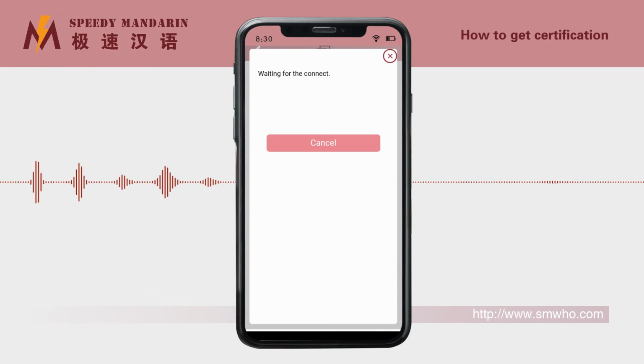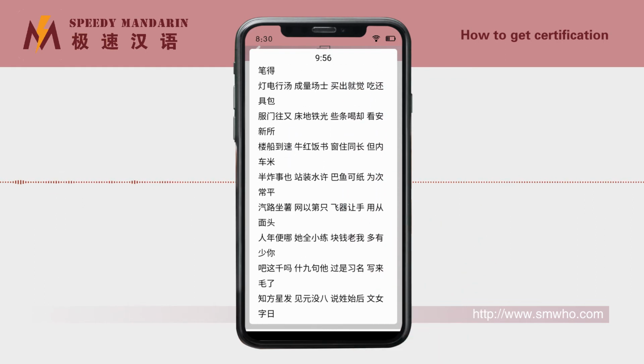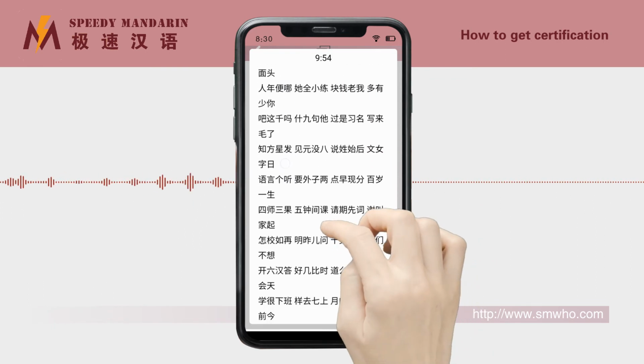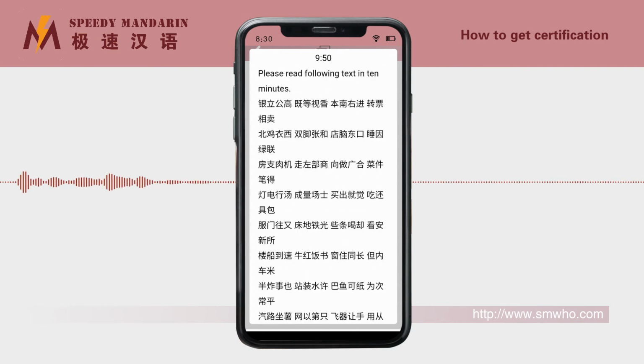The certification is divided into 2 steps. First, you will see 256 Chinese characters disordered. Read them in the displayed order. With a full score of 100, deduct 1 point if you misread or pronounce incorrectly. This step must be completed within 10 minutes. Once the time is up, you will automatically enter the next step.